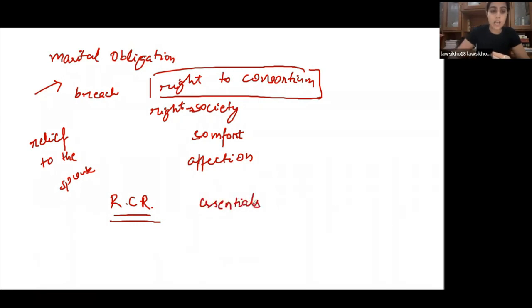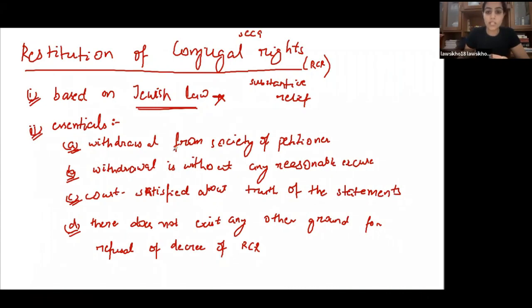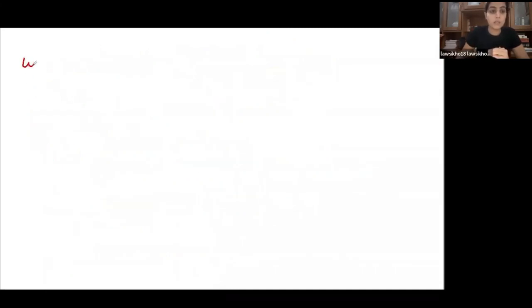So what are the essentials? Essentials are that there has been withdrawal from the society of the petitioner, okay, and there does not exist any reasonable excuse for such withdrawal. This means the respondent has withdrawn from the society without any reasonable excuse, and the court is also satisfied that the statements made by the petitioner are true, and also there does not exist any other ground on which the court may refuse such relief. Okay, then we proceeded on to discuss in detail the meaning of the term withdrawal, and then we also dealt in detail with the meaning of reasonable excuse,